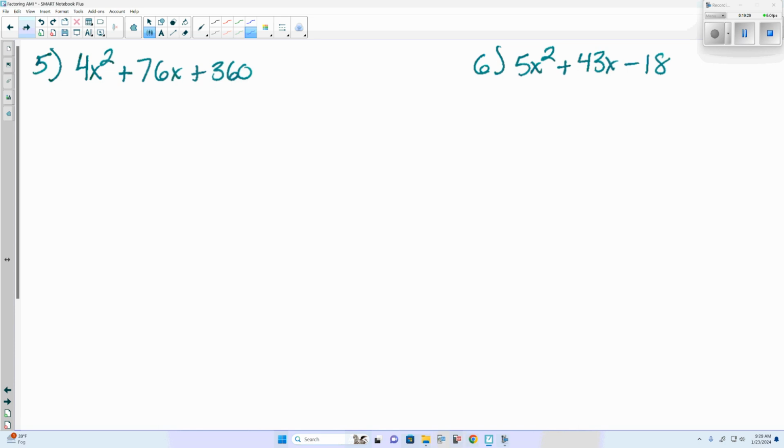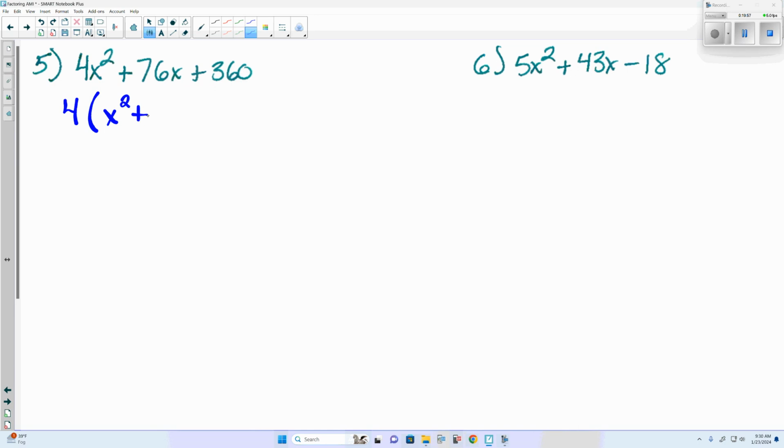We can look at number 5, our 4x squared. As it stands right now, this is factorable in its current form. But I would not suggest doing it, because I would factor out the greatest common factor of 4 first, because the number of factors of 360 is quite numerous. If we factor the 4 out,